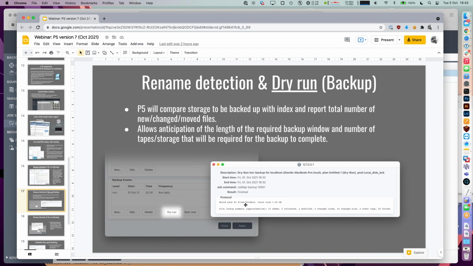Joseph, you mentioned there's a plan to allow these dry run jobs to be scheduled so that you could see automatically in advance. Yeah. This is a future for 7.1 or 7.2. We actually didn't decide. So this will allow the administrator of the system to get, in the evening or in the morning,